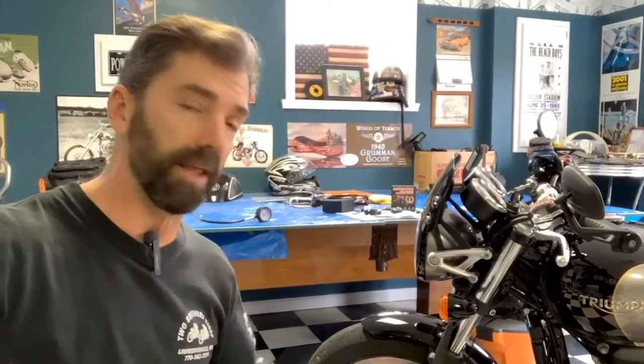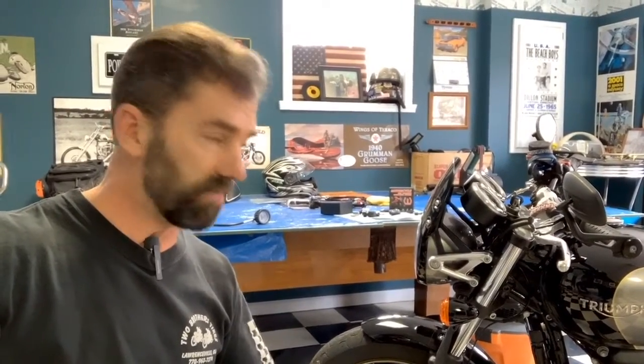RV Products for You has the tire pressure monitoring system that we're going to promote a little bit. I'm going to install one right here on my Triumph. We've got one right back here. They actually make them for motorcycles, and they make a trike kit also. We're going to give these a test, install them. They're fairly easy to install, it would appear, and then road test them in some future articles and videos as to how well they hold up and how